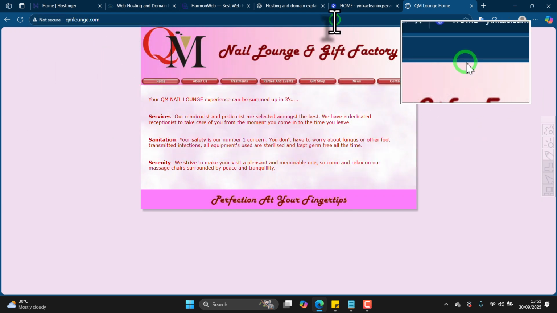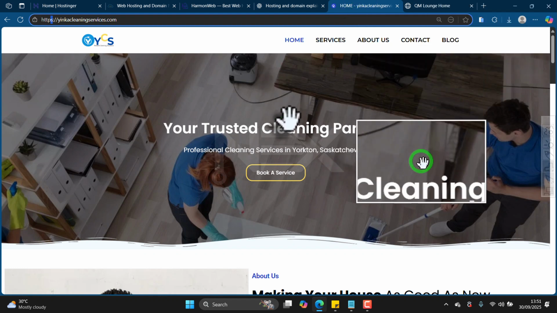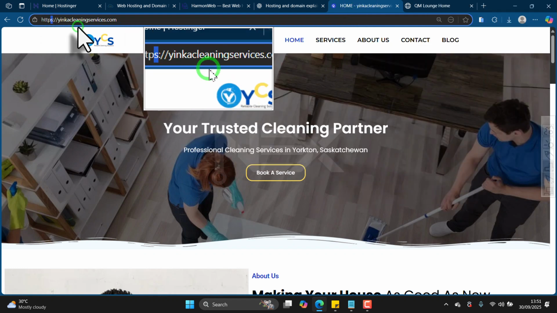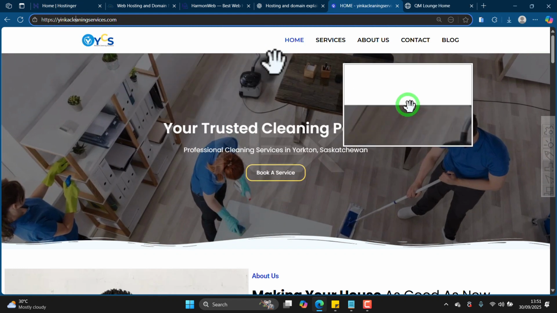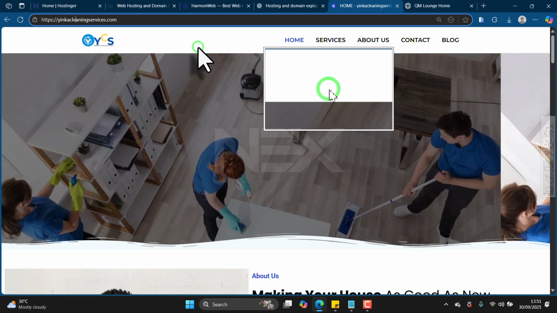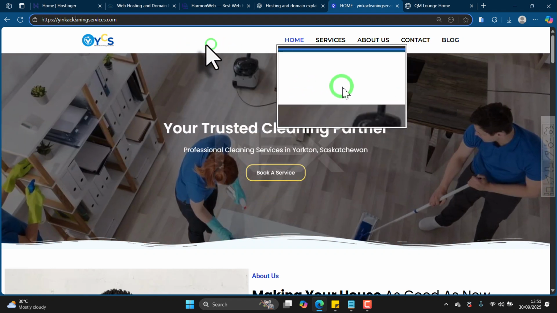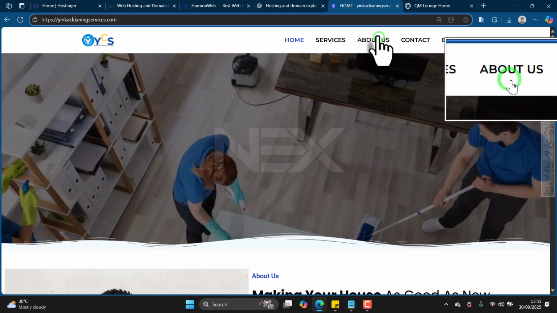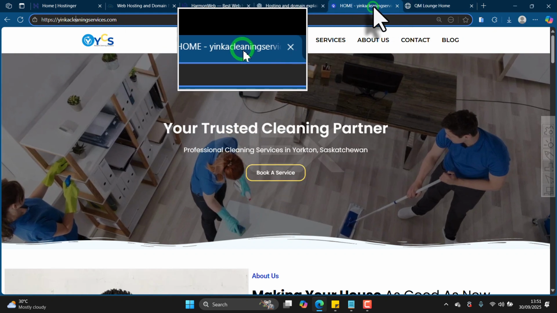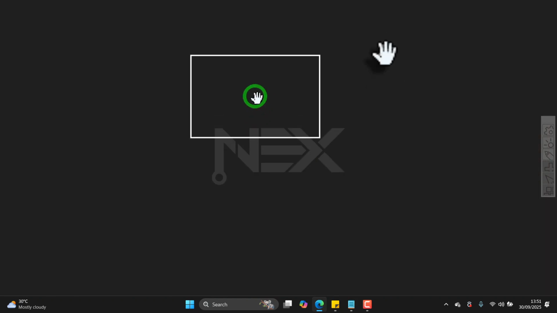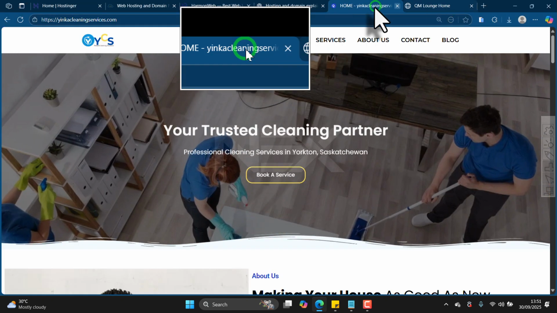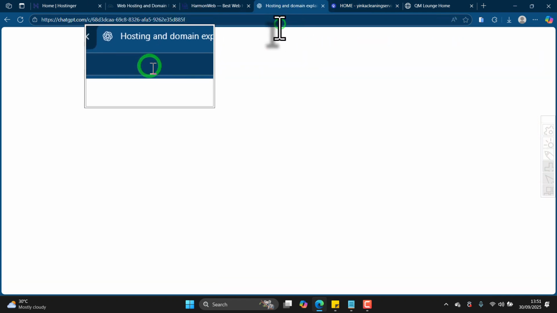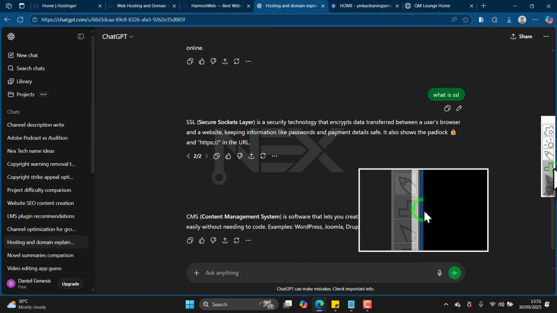Don't worry, it's part of our tutorial. I'm going to show you how you can create a safe website, how to activate your SSL that no hacker can bypass or can hack into your database. So in the course, we are also going to learn that. So let's check the next thing, which is